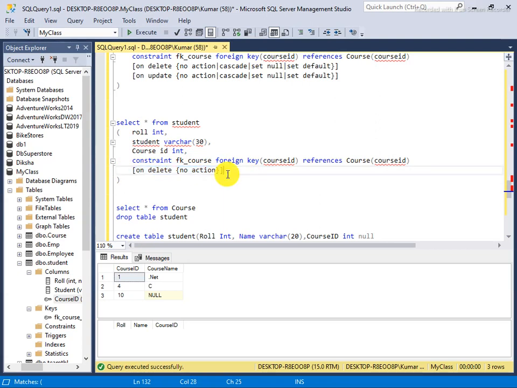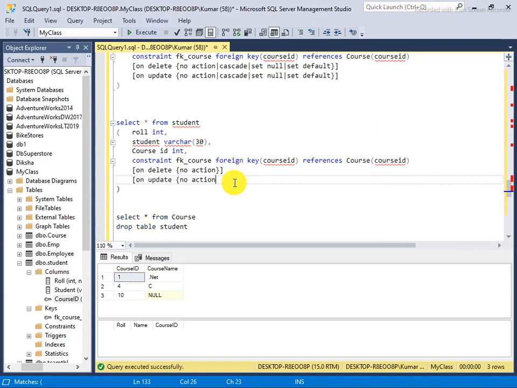So it will take place, no action. The same here also, on delete, on update also. But if you put something here, then it will follow that, like on update cascade. Okay, I hope it's clear to you.